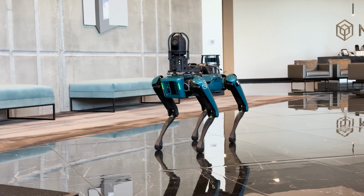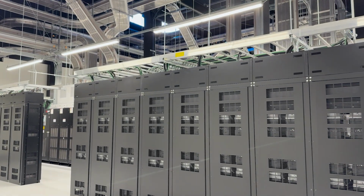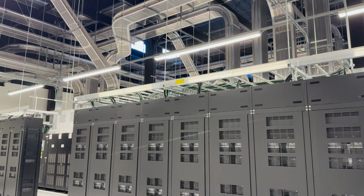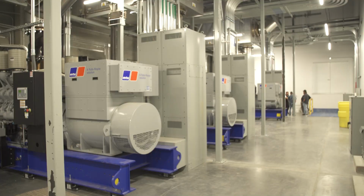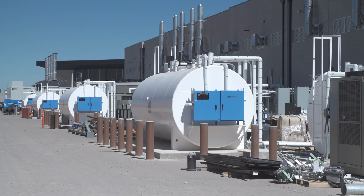On the side of the power and cooling, everything is set up as kind of an N+1. So you always have a redundant piece of equipment. So if you need one chiller, you're gonna have two. Once a data center is turned on, you never can turn it off. It has to stay on all the time. And that kind of resonated with me and kind of was a reality check of the importance of keeping the